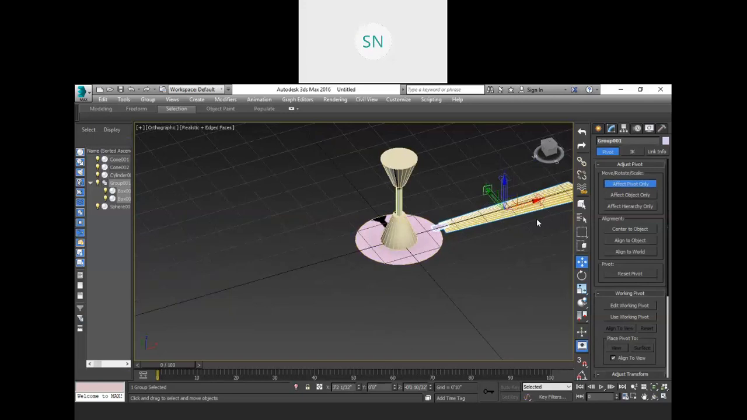Now W, E and R, all three options we have. Press W and translate your pivot point where you want your new position. So our new position is 0, 0 and 0. So I am typing over here 0, 0, 0. Then